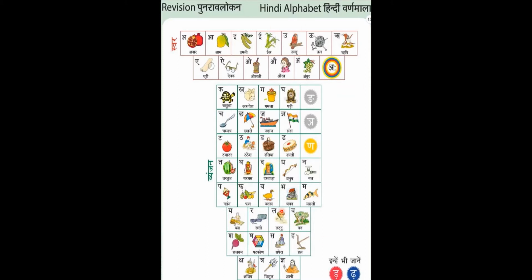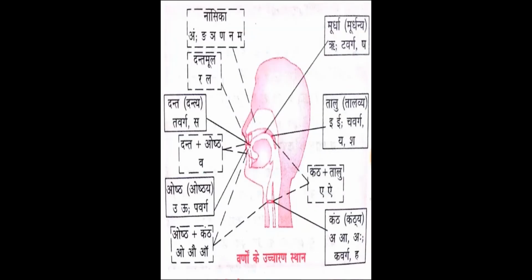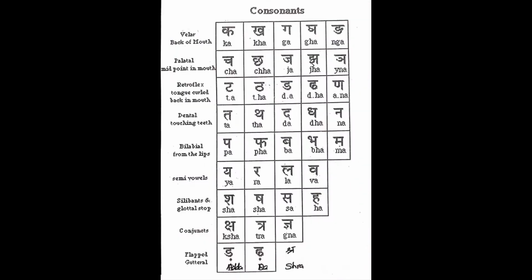You must be able to know the letters and their sounds. What is this? Da, like that. Whatever letter it may be, you need to identify it, and only then is it possible for you to read. So these are all the letters of the Hindi alphabet. Pronunciation I will do in another video.